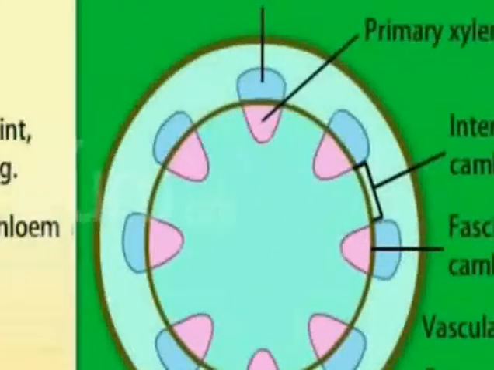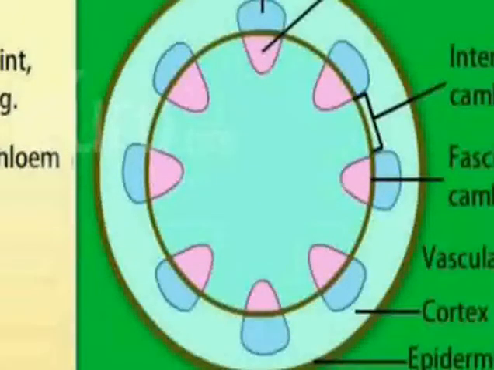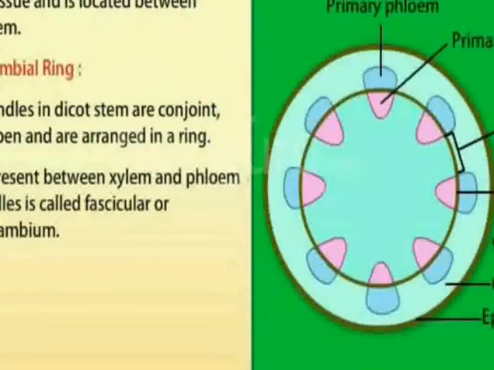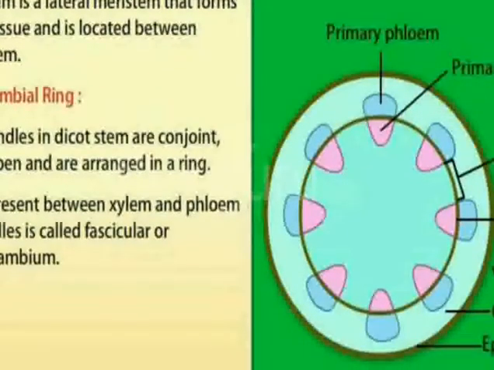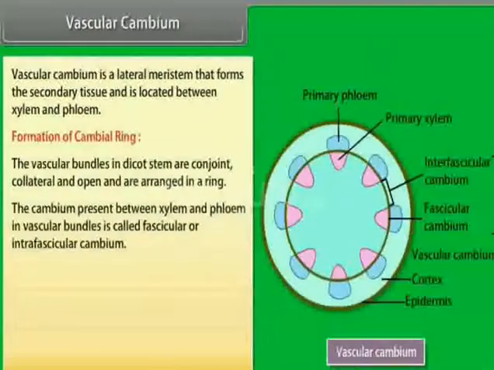As I was telling you, I will be discussing the fascicular and the interfascicular cambium, as in the last lecture. Now you can very well understand what is interfascicular. The cambium region present between the two vascular bundles is called interfascicular, and that present in between the xylem and phloem is called fascicular cambium. Thus, with the help of fascicular and interfascicular cambium, a complete continuous ring of the cambium is formed.